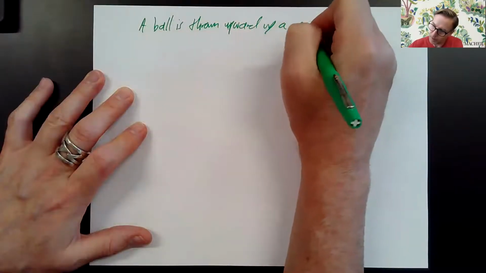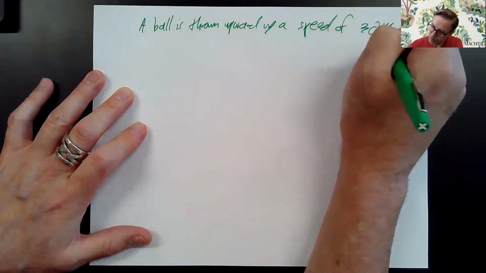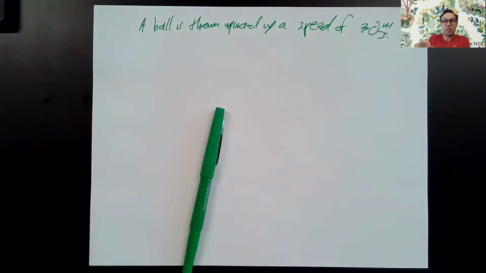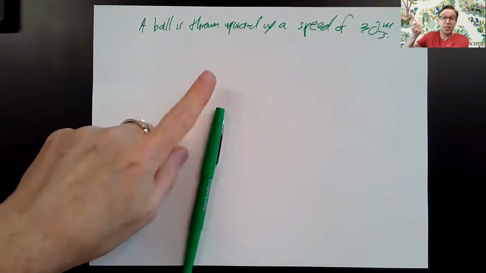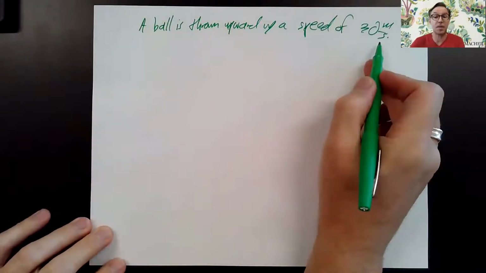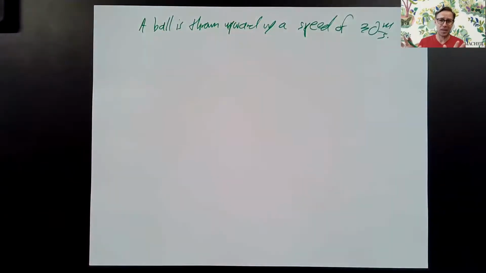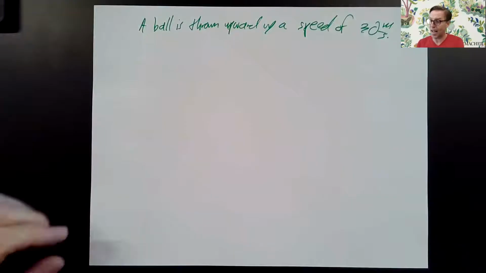with a speed of 30 meters per second. So this problem is not talking about the ball's at rest and somebody accelerates it to a speed of 30. That all happens before the problem begins. This problem begins 0 to 30 at the moment the ball is released. The moment the ball is released from someone's hand, its initial speed is 30. All right, and there's all kinds of things we could ask, but one thing I could ask is,